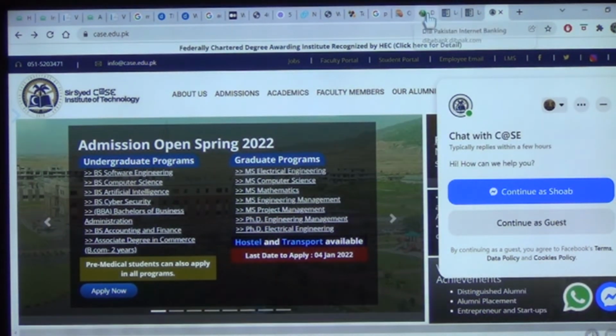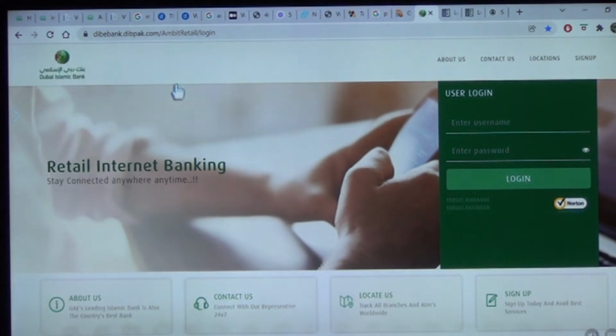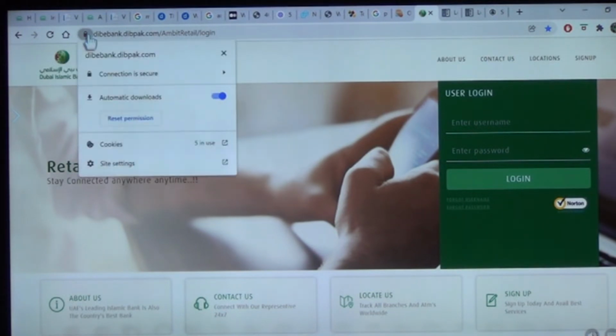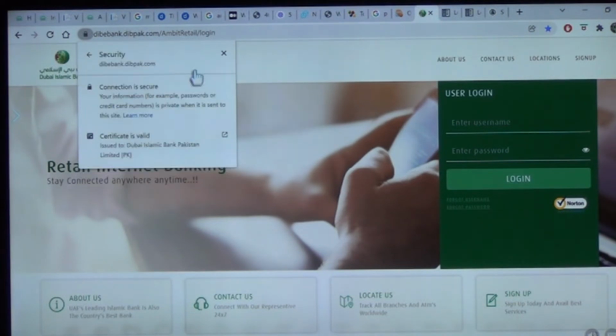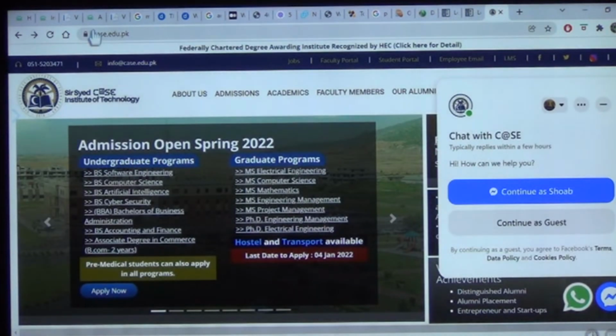अब मसलन देखें बैंक ऑफ दुबई है जिस तरह से, okay? So if you have this, it means it is a secure connection. अगर लॉक बना हुआ है तो उसका मतलब it is a secure connection, and you can always get the information connection is secure. अच्छा, इसमें एक और चीज़ भी मैं आपको दिखाना चाहूँगा. Okay, connection is secure, certificate is valid. अच्छा, ये नहीं, अब ये even is not showing me the information. हाँ, इस पे एक और चीज़ मैं दिखाना चाहूँगा आपको.